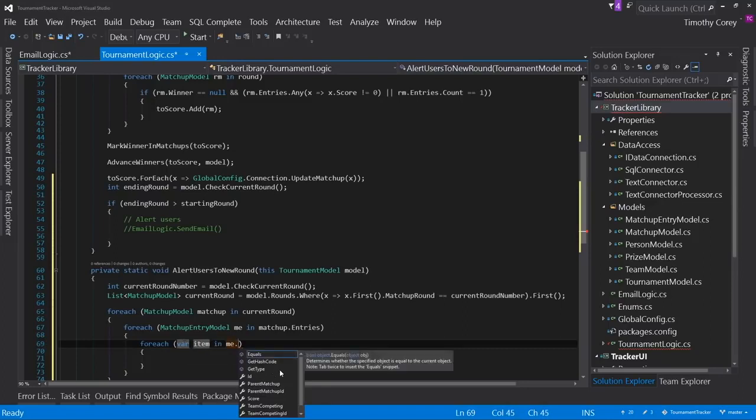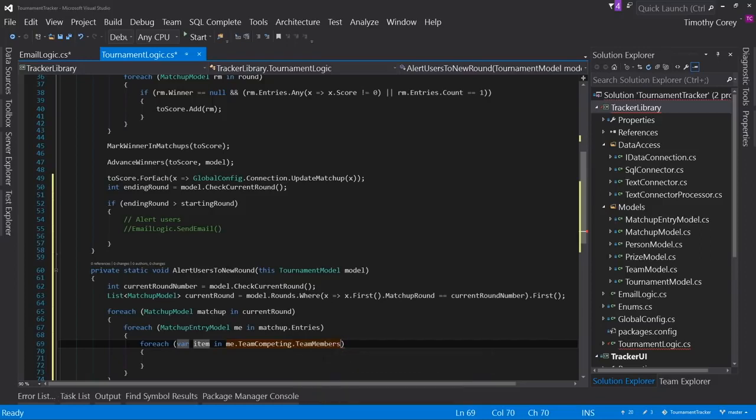In the ME dot team competing dot team members. And what type is team members? It's of type list of person model. Therefore, each one would be a person model. So for each person in the team competing,